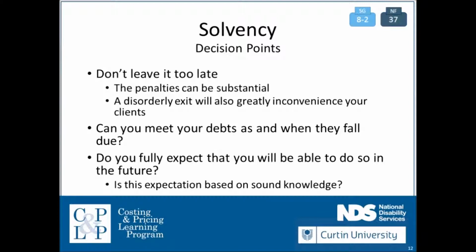If you feel that the organisation is on a downward spiral in terms of income, then you may need to make a solvency decision, but do it while you have capacity to deal with it properly and exit services in an orderly manner. You also need to, I guess, refer to the adage that accountants often use in the context